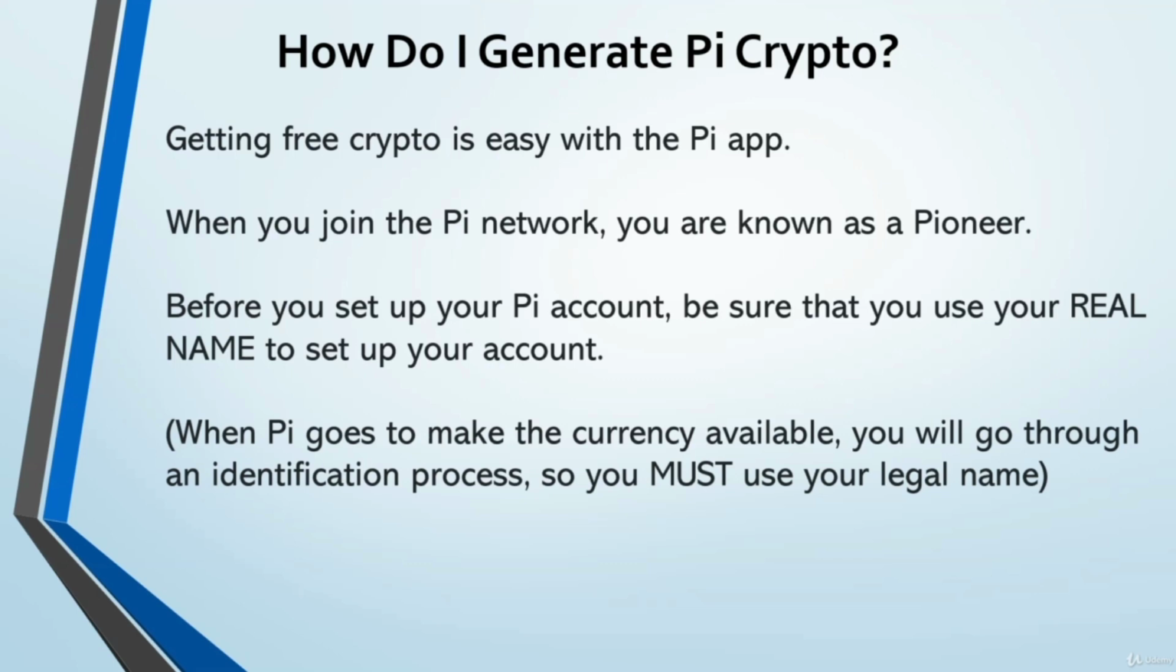The reason for that is when we go into phase 3 and Pi goes to make the currency available, you're going to go through an ID process. You've got to use your legal name because your legal name has to match up with the name on your Pi account. So that's just a little thing to be aware of. But again, you could also use a username. You have the option to use the username plus your real name as well. Your account will be under your real name, and then your username is just the name that you're known as